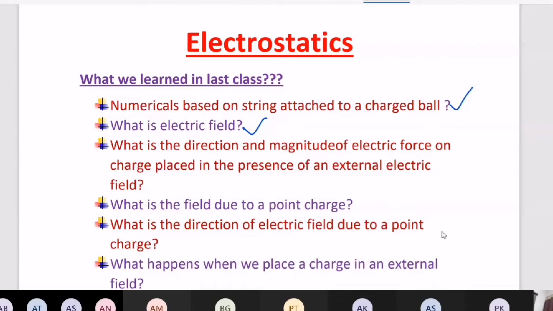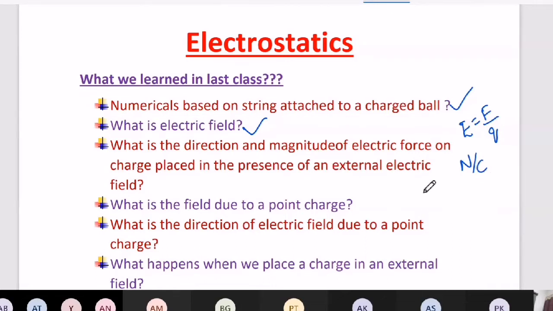Mathematically, we have defined it as the electrostatic force experienced per unit charge at any point is called electric field. So we have taken the equation as E equal to F by Q. The unit of electric field is force by charge, so it will become Newton per Coulomb. Make that point also, because whenever a new quantity comes, try to write its units and dimension, which is very important.